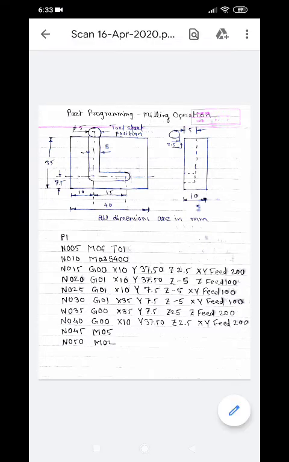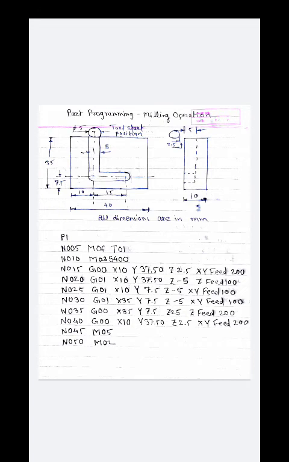Now here our operation is performed. Now we are supposed to mention the end of the block, that is N050 M02. M02 is for the end of the block. Okay, so